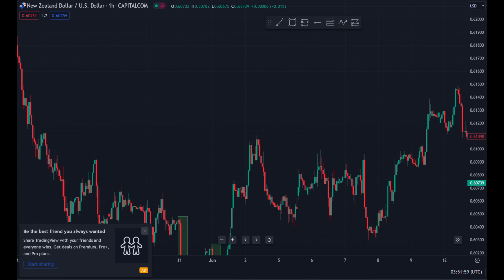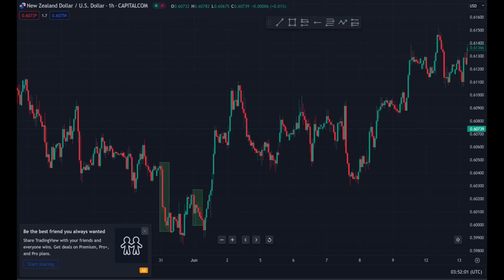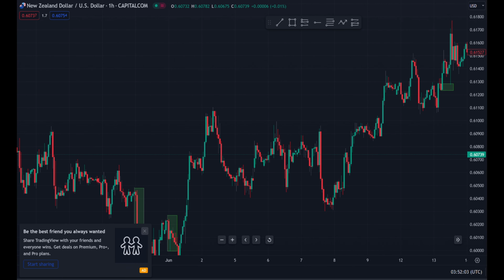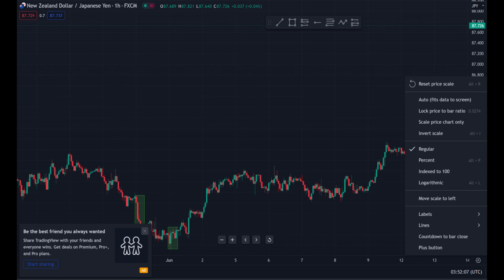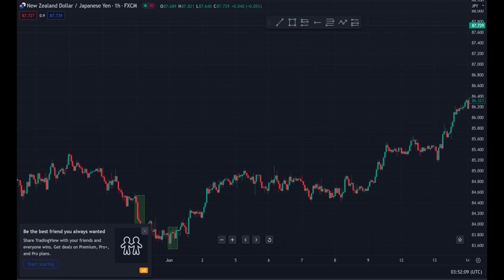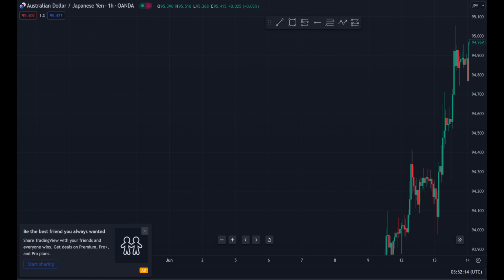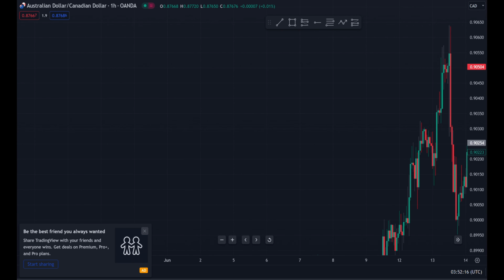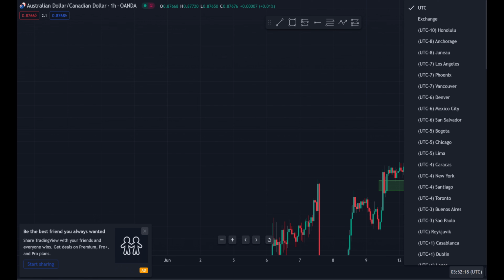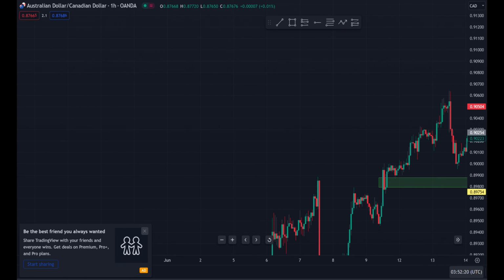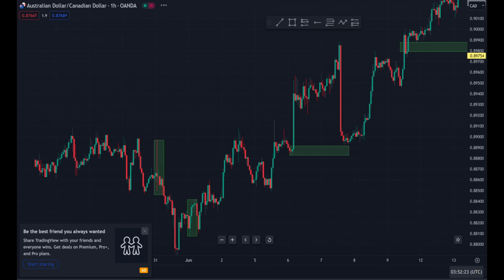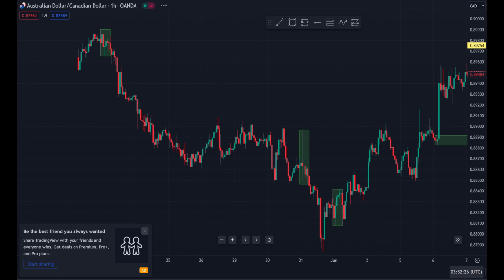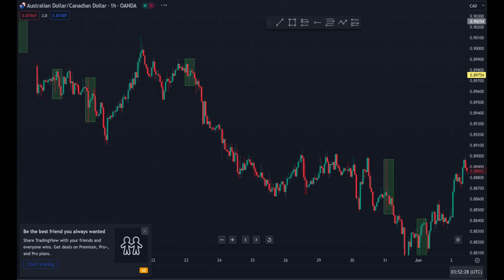This is NZD USD. No, because it is in an uptrend, so that one will not work for us. Uptrends won't work for us. Mainly I want downtrends, even this one is an uptrend. But let me just go behind